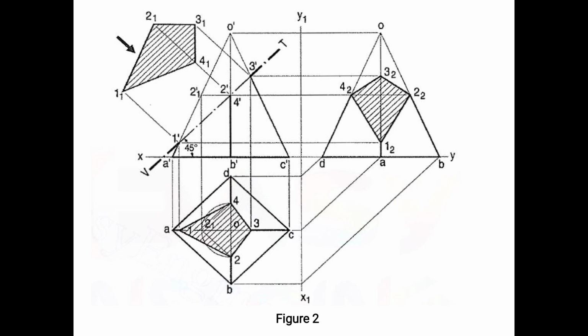So finally, you get the sectional top view. For getting the true shape of the section, you draw the reference line which is parallel to the section plane, which is at 45 degrees to the HP. After that, whatever the distances from the section,